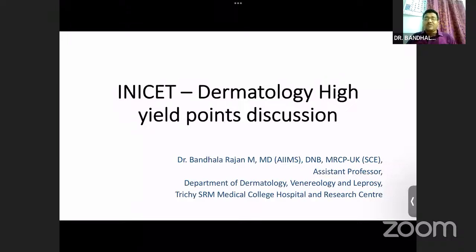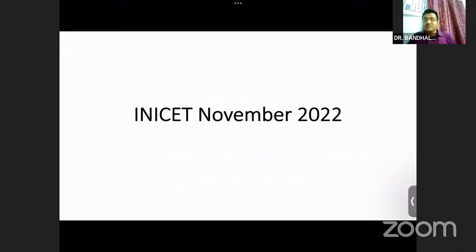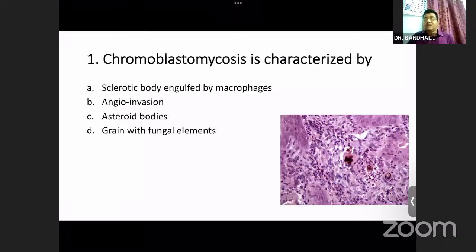So today we are going to focus on the previous 5 question papers of INI-CET, and we will see how to solve those questions and some important points. First, we will start from INI-CET November 2022. The first question: Chromoblastomycosis is characterized by option A, sclerotic body engulfed by macrophages, option B, angioinvasion, option C, asteroid bodies, option D,